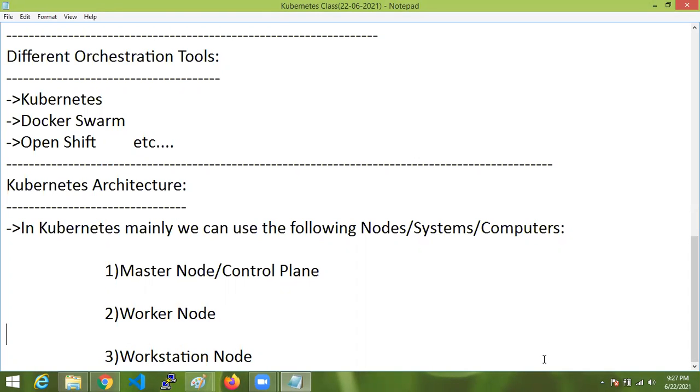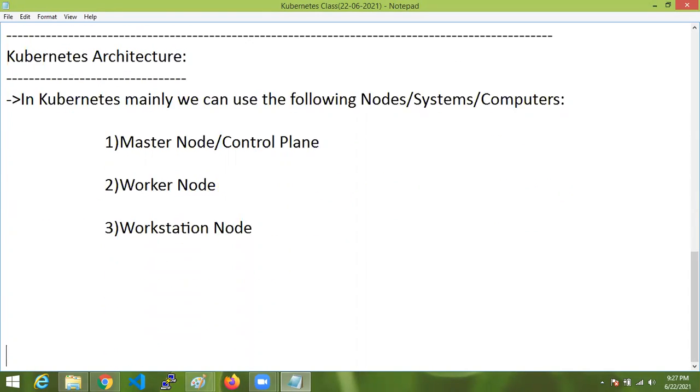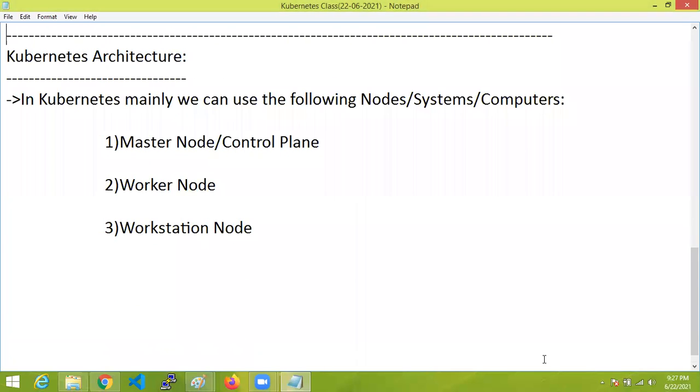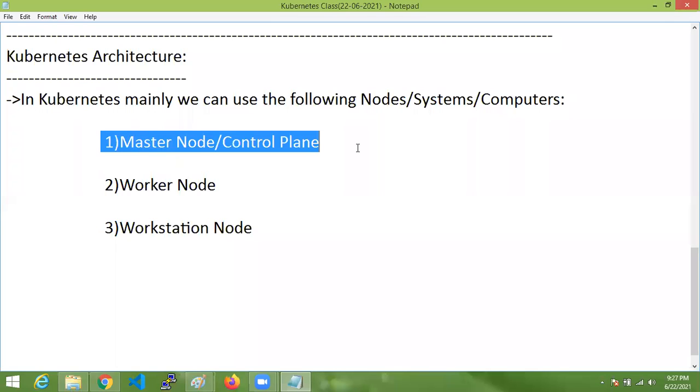Majorly we are going to use three systems, so three nodes, so three computers. One is master node, the control plane, then worker node, and workstation. Overall Kubernetes will be controlled by the master node, as the name itself says.